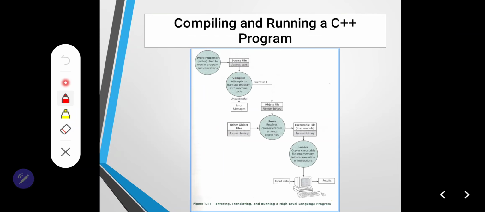Compiling and running a C++ program. You can see on this. Next,